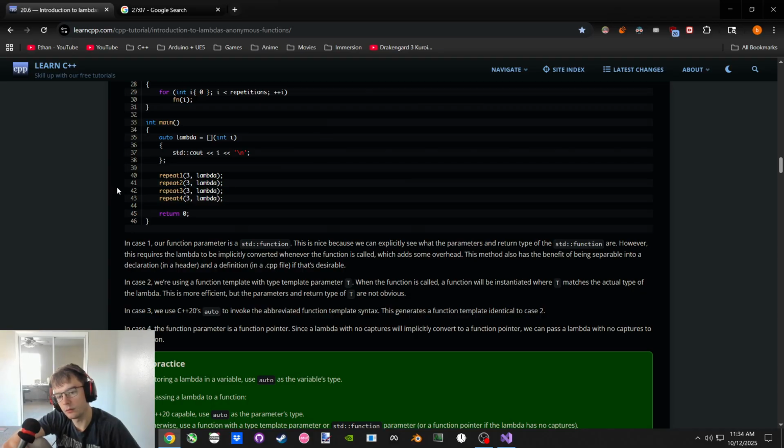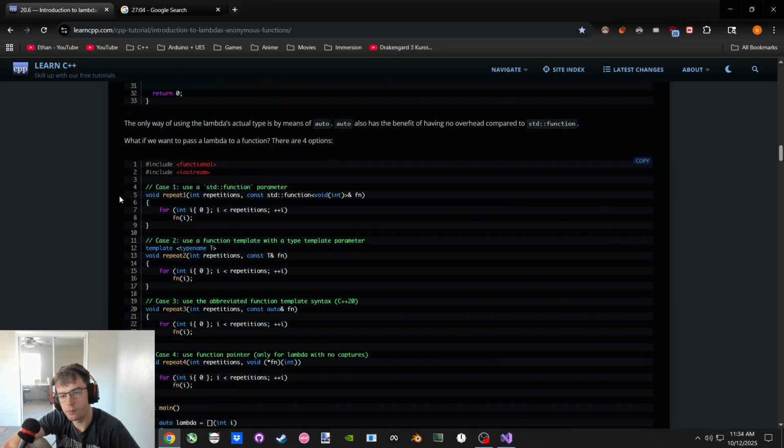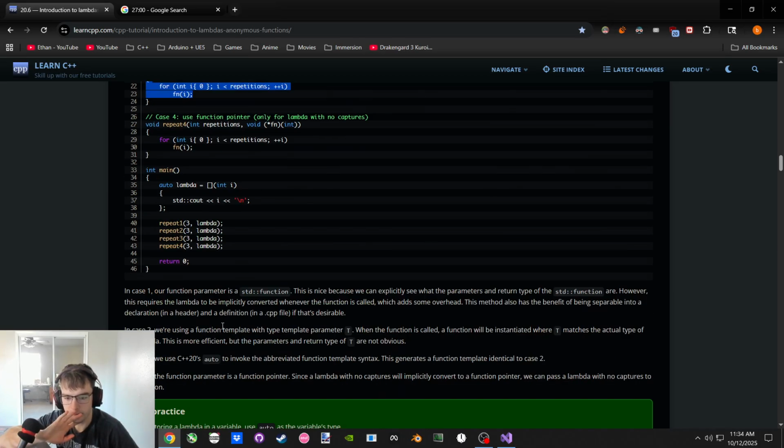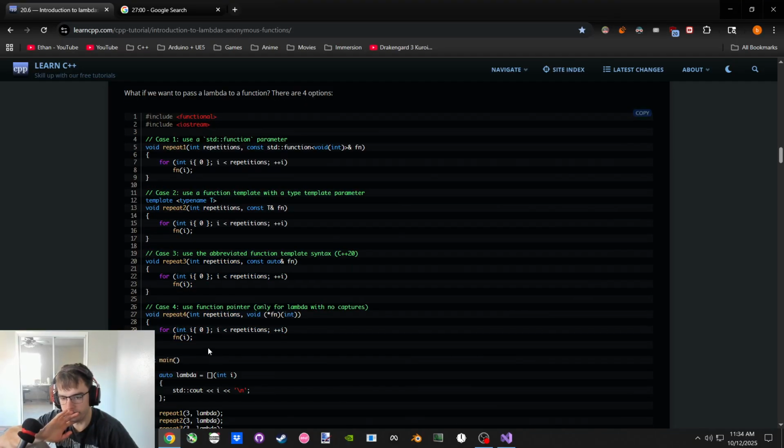Benefit of being separated to a declaration and a definition. And the point is that that's not possible here. I mean, that's true for 4 too, right? Pretty sure that's true for 4 as well. This is almost the abbreviated version of this. But this is not a template, so it is not required to be defined in the same translation unit that it is used. So we can put it in a header file as a prototype for declaration, and then have it defined elsewhere like this, and then use it wherever by including that header file. Same here.